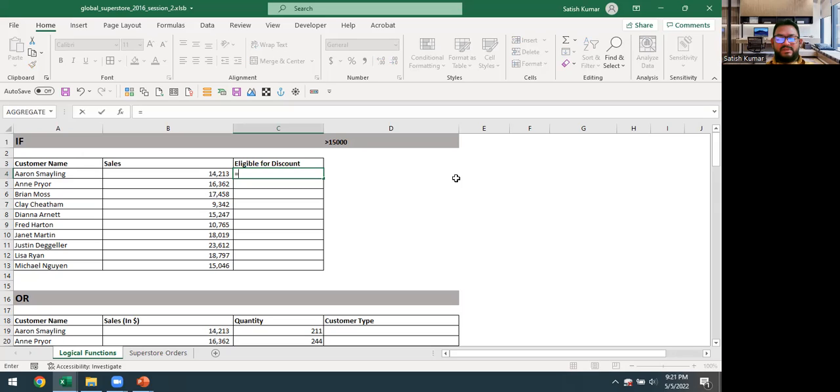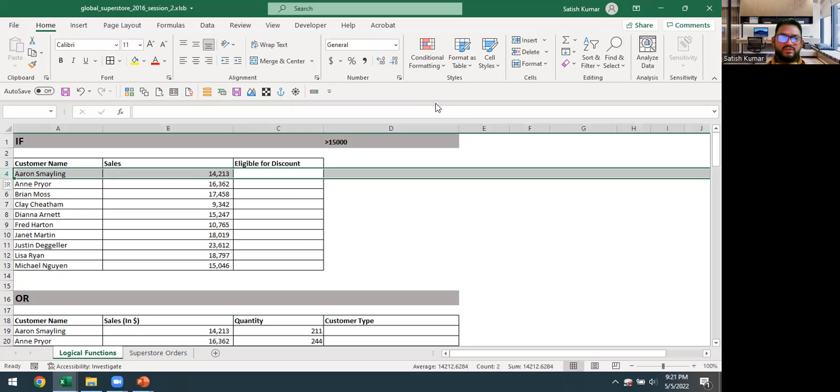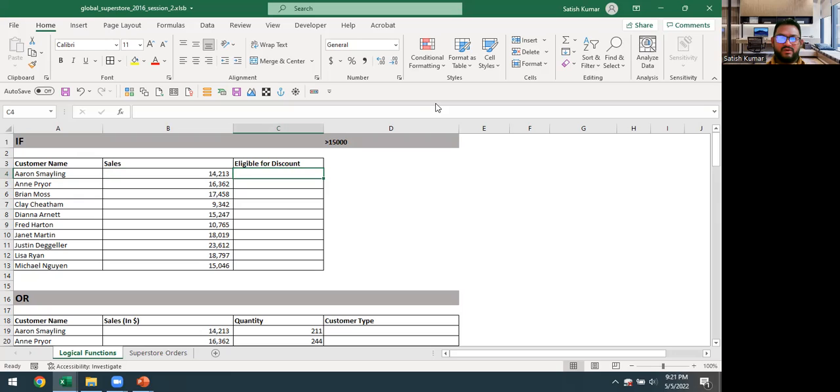So how to put the IF function? Equal to sign, which is the basic formula symbol of Excel. Equal to sign and the keyword IF, start your bracket. Now we'll give it a range reference. So ignore it, I will remove this. I'll tell you in a different, easier way. We want to see which customers have sales of more than 15,000. So just type the equal to sign and select the cell reference, and now